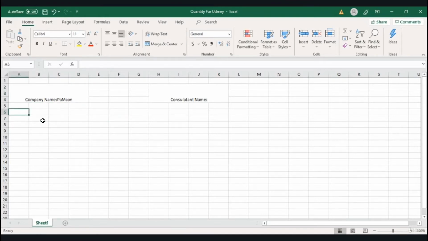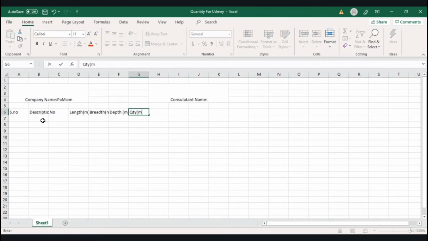For example, in this case I'll start with serial number, then description, and then numbers, then length in meters, because we are going to calculate in meters, and then breadth or width, also in meters. Again we have to give a depth, because for excavation we need depth, in meters again. The next one is quantity, and the quantity of excavation will be in meter cube.